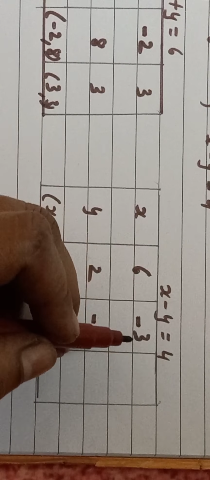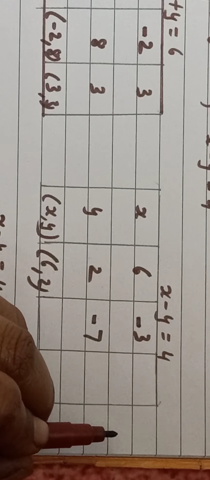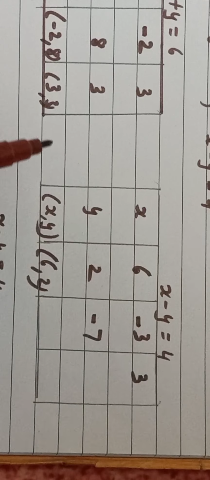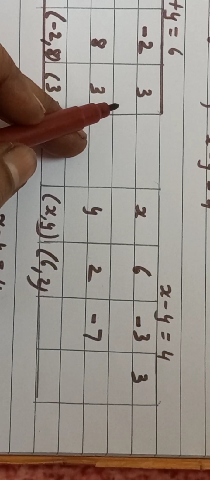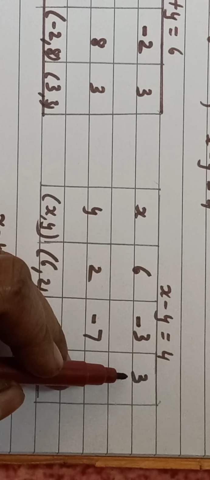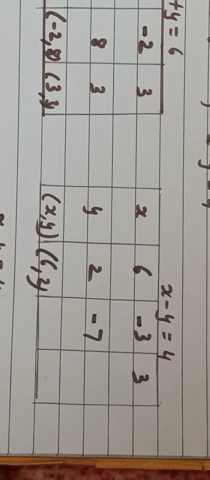Some other number we will take. For example, we will take x as 3. We will take x as 3 if I take. Here also I have taken 3, so let it be, doesn't matter. If I'm taking x as 3, so I'll show it to you here. What you will do, put x is equal to 3 in x minus y is equal to 4. So I'll write here, put x is equal to 3. In the board exam, marks are given for this table.